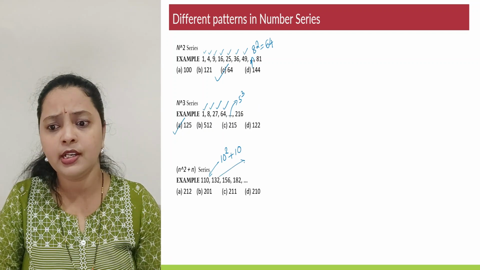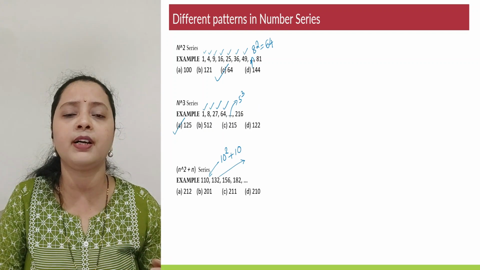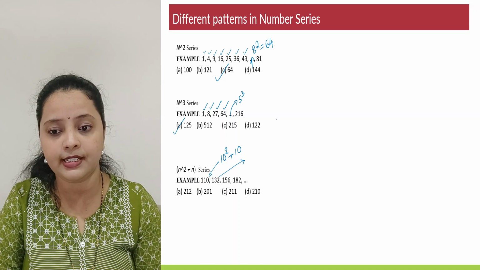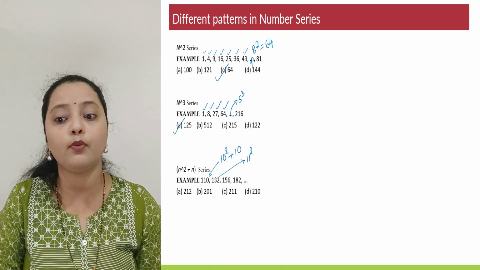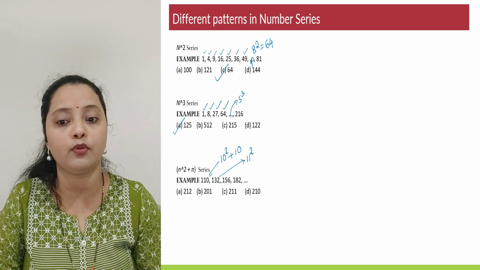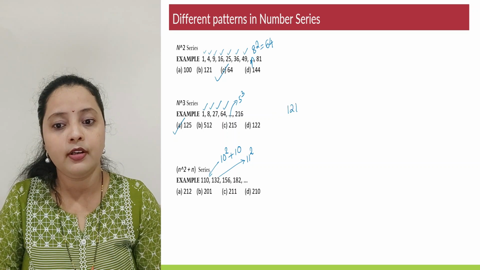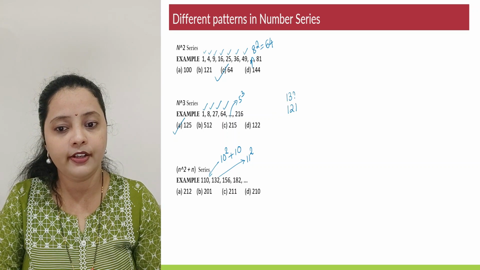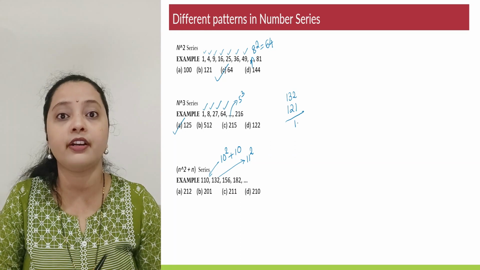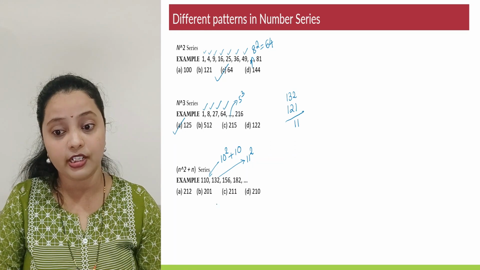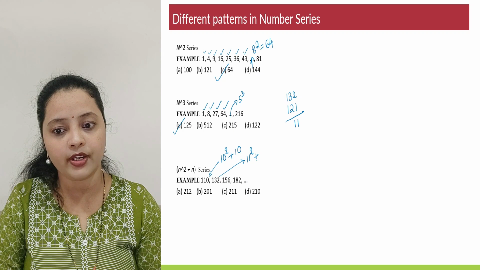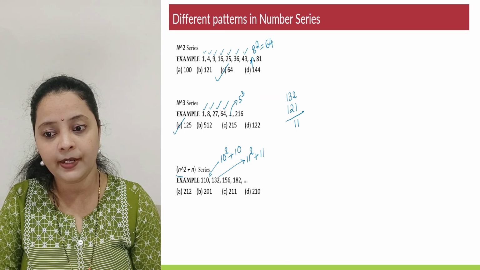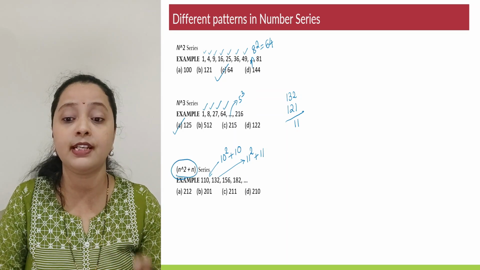Next 132. Since this is 10, just luck by chance we can try the next consecutive number. That's 11. Now 11 square is 121 and the number is 132. So 121 and 132, if I take the difference, comes out to be how much? The difference comes out to be 11. So the next number is actually 11 square plus 11. So is it following the pattern that we are looking for? N square plus n? Yes.